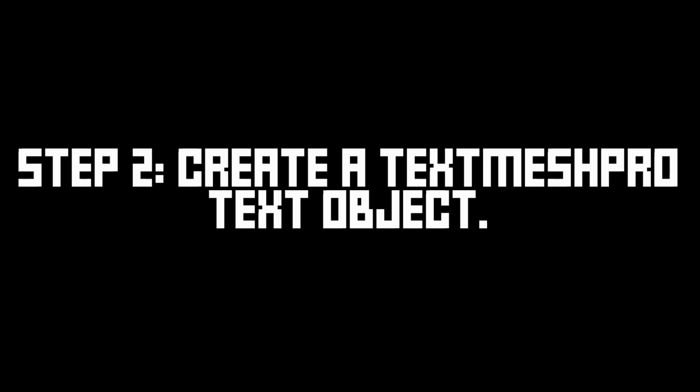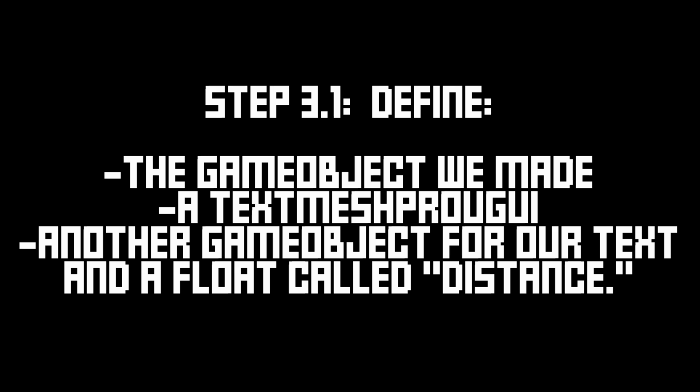Today I'm going to be showing you how to make a distance-based score system in Unity. Step 1, you want to create an empty game object, and then step 2, you want to create a text mesh pro object. And now step 3 for the code, you want to define the game object we made, and you want to also define a text mesh pro UGUI and create another game object for a text